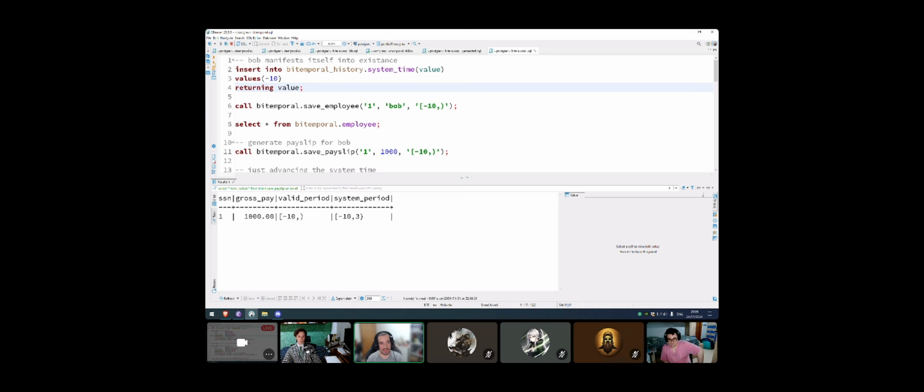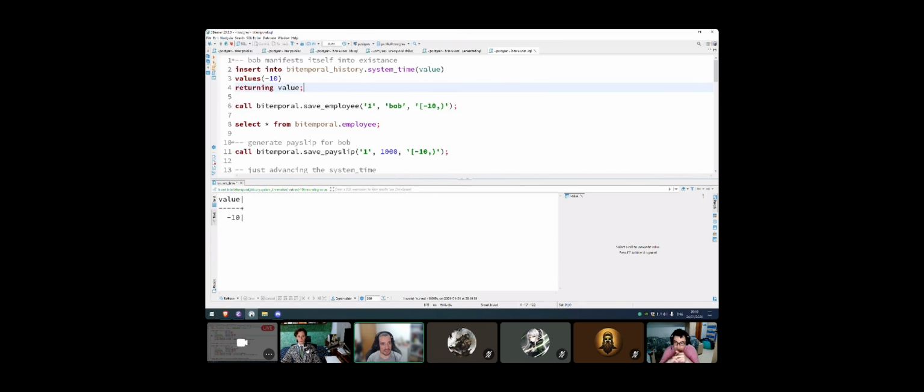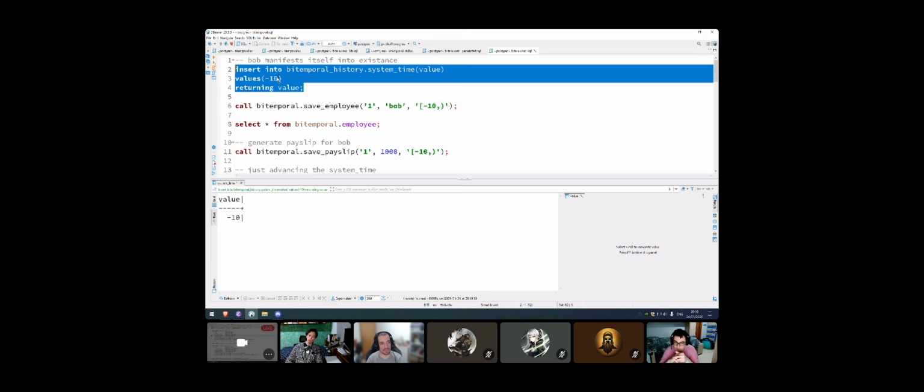So here's the running example. For this instance of the Bitemporal, I am using a virtual system time. So I'm not using the wall clock or something. I am using a table to store some integer that is the representation of time. So I have set the time to -10,